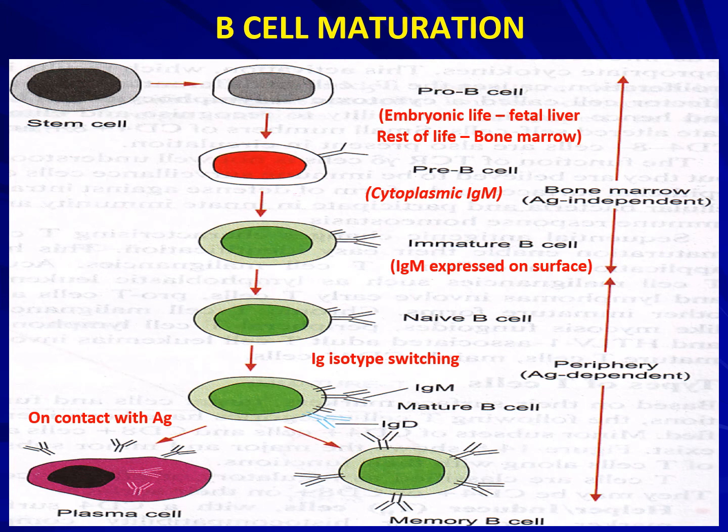Then it becomes an immature B cell. Later on, it becomes a naive B cell. From the naive B cell, there is something called immunoglobulin isotype switching. That is, along with IgM, it acquires IgD also. So a mature B cell will have two kinds of receptors, that is IgM and IgD. Now based on the contact with the antigen and what kind of antibodies need to be produced, it gets converted to a plasma cell and a memory cell. Plasma cell produces the required number of antibodies, and memory cell is there for later purpose.